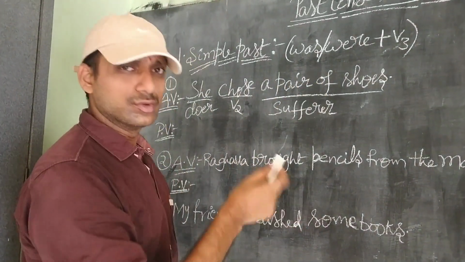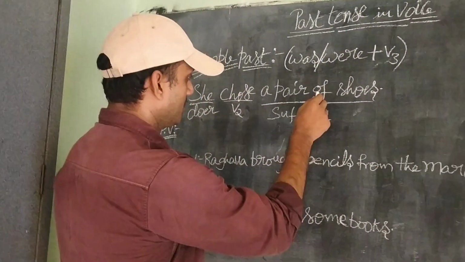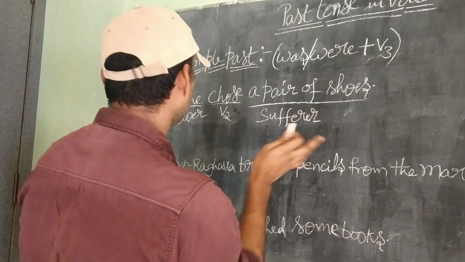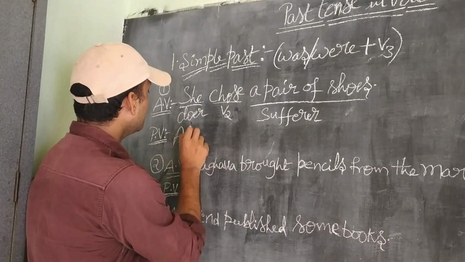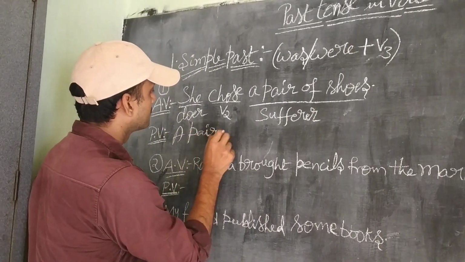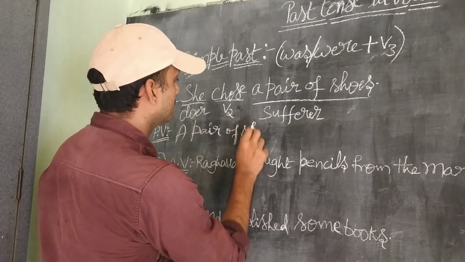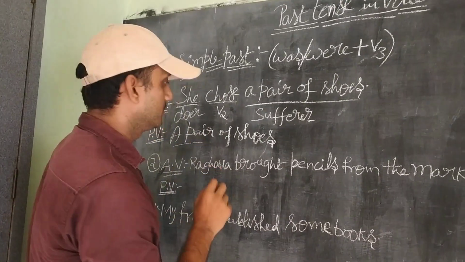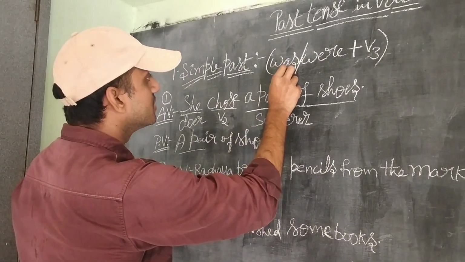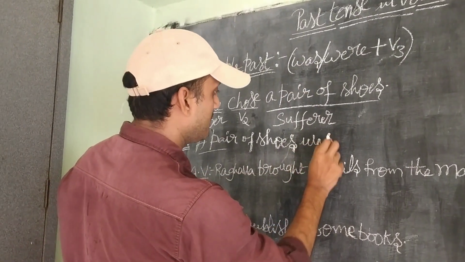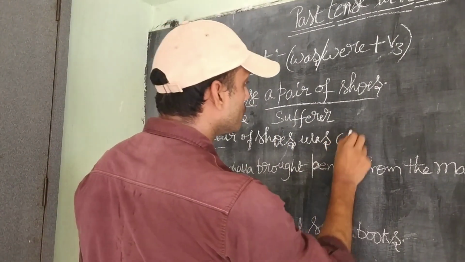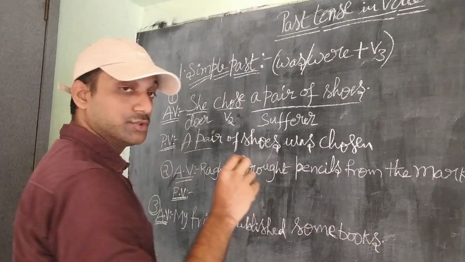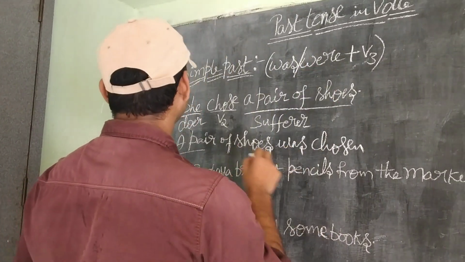Now, what is the rule to change active voice into passive voice? Doer will be sufferer, sufferer will be doer. I mean, we have to exchange the positions of doer and sufferer. A pair of shoes. A pair in the sense it comes under singular. So, for singular we have to use was. A pair of shoes was chosen. Chosen, it is V3. We have to use V3 as the verb form, especially in voice. By